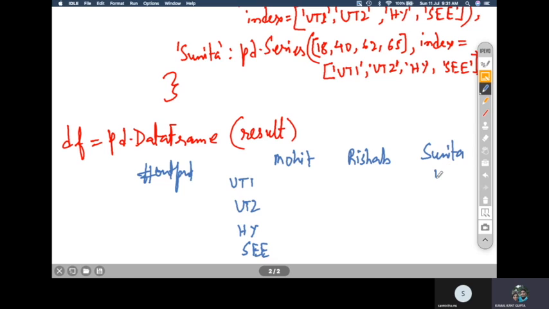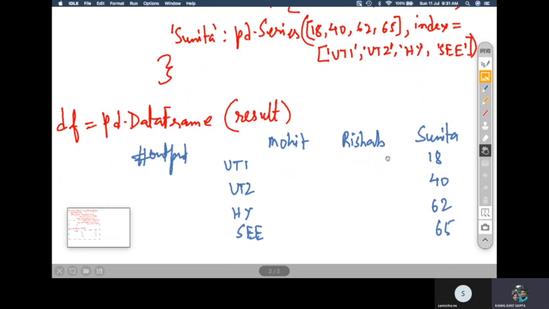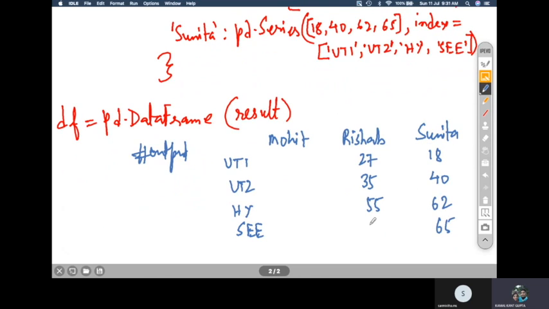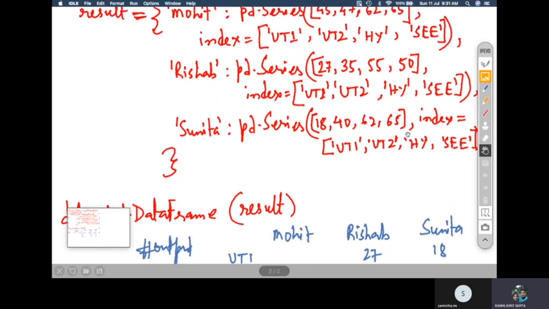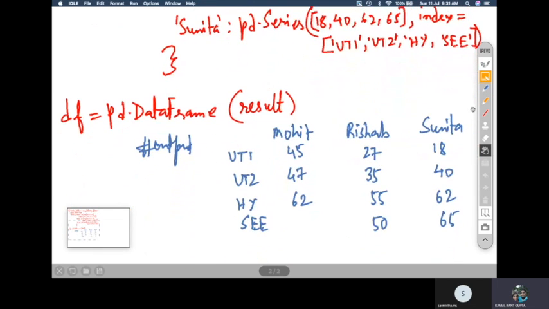So here it will come 18, 40, 62 and 65, and then you have 27, 35, 55 and 50, and then you have 45, 47, 62 and 65.